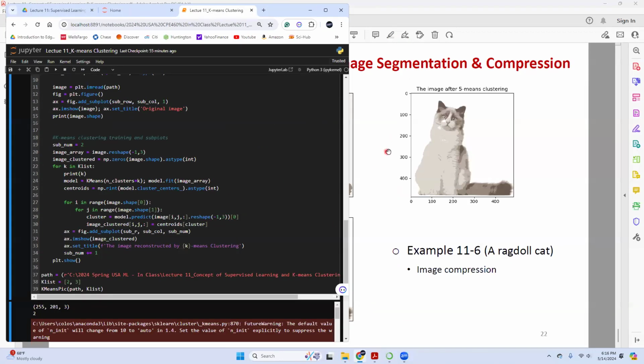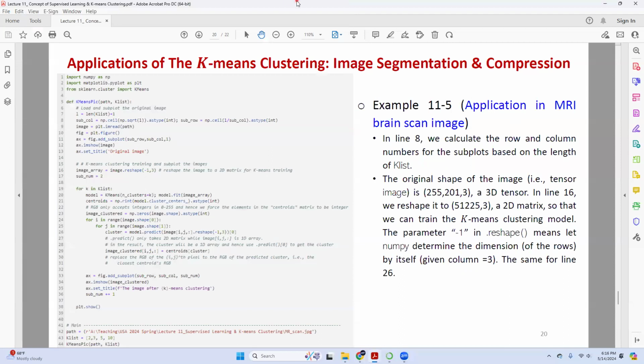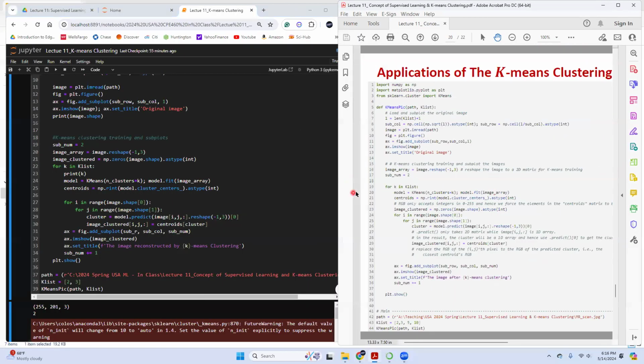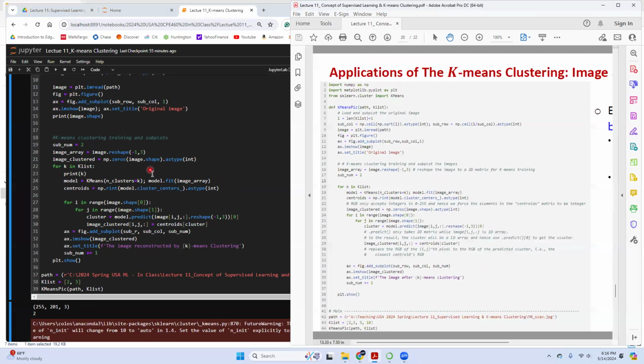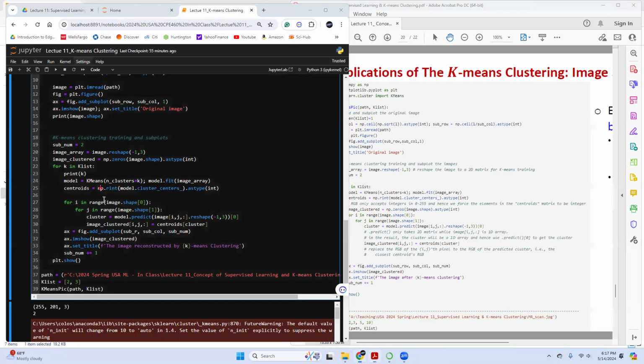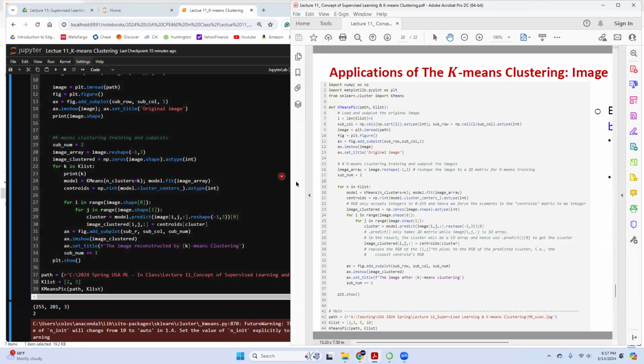Oh, that's interesting. I'm just curious. Let me see here, print K, and then it just stops here. Clustering equal to this one, and then let me see, did I make any mistakes here?